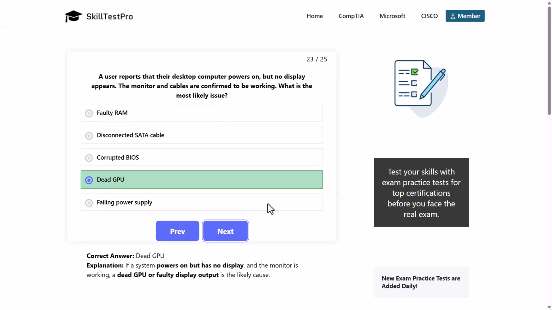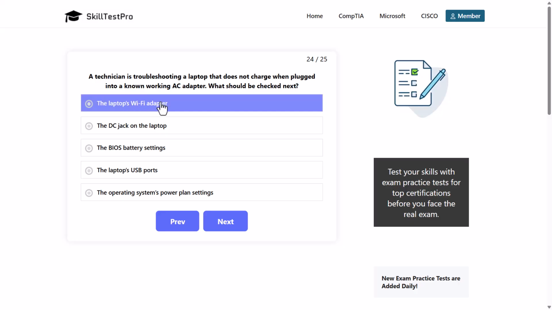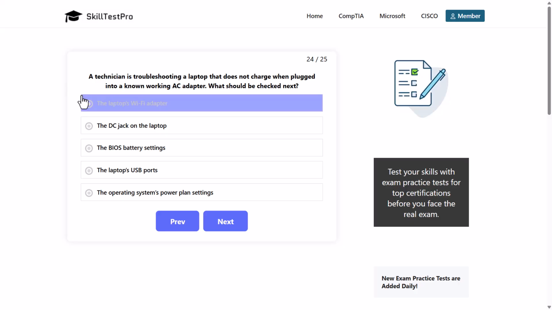So, next question. A technician is troubleshooting a laptop that does not charge when plugged into a non-working AC adapter. What should be checked next? The laptop's Wi-Fi adapter. And like I'm always mentioning, guys, whenever you are approaching the answer options, always